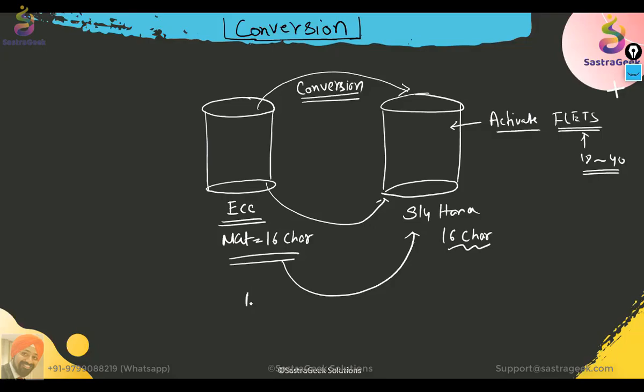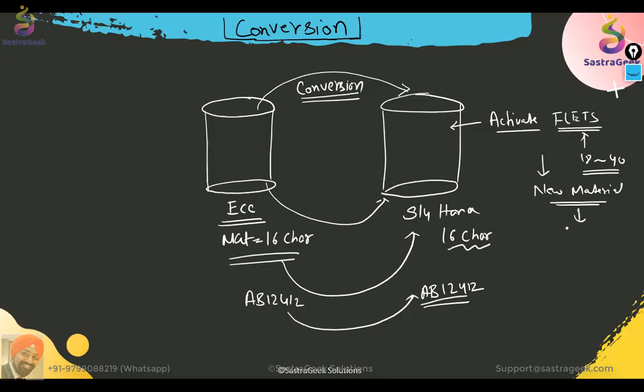The material which you have created here, AB12412, would be coming as AB12412 only. It will not change. After the conversion, once you have done this configuration, whatever new materials you create can have a field length which is more than 18 characters. So what is happening if the business wants badly, because they are fed up with the material being limited